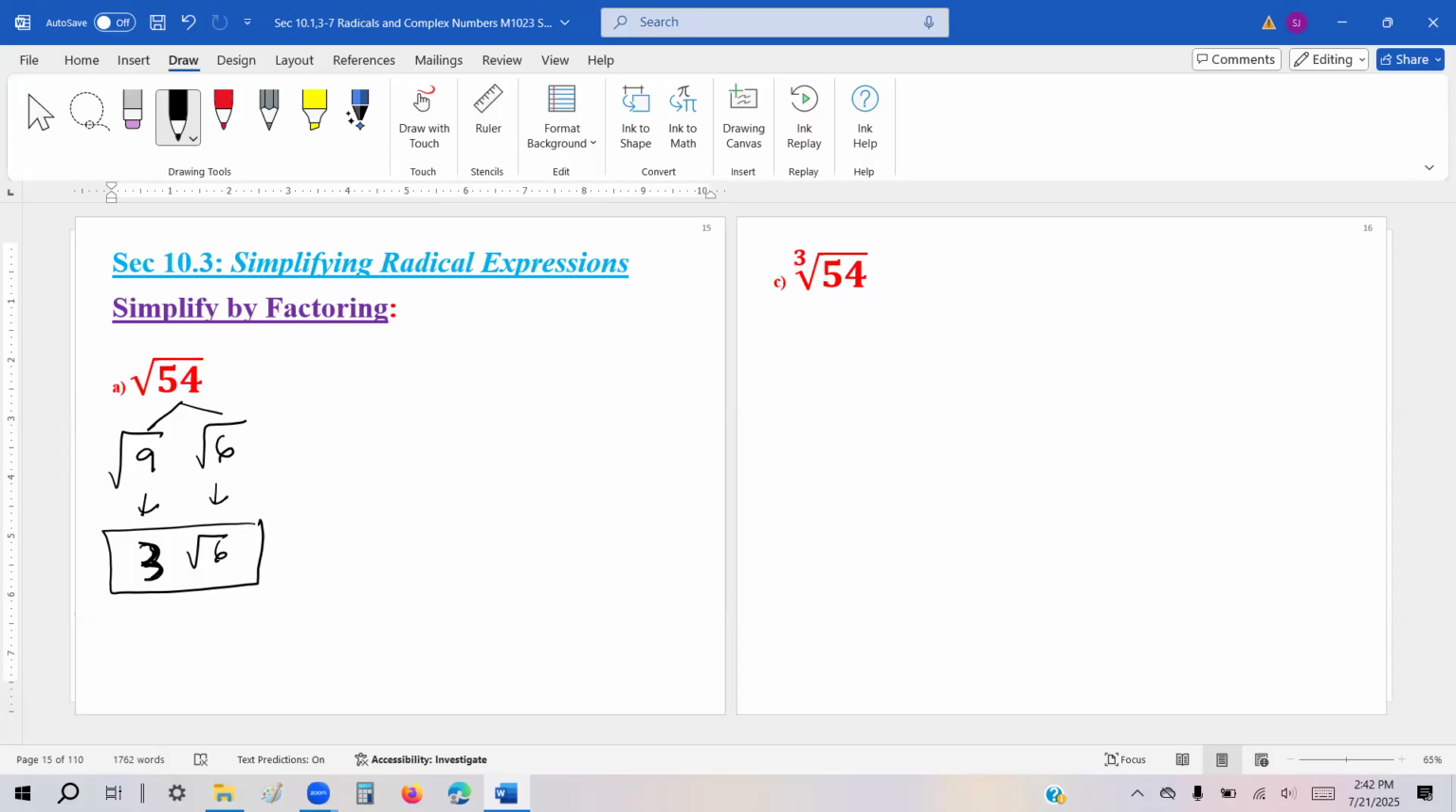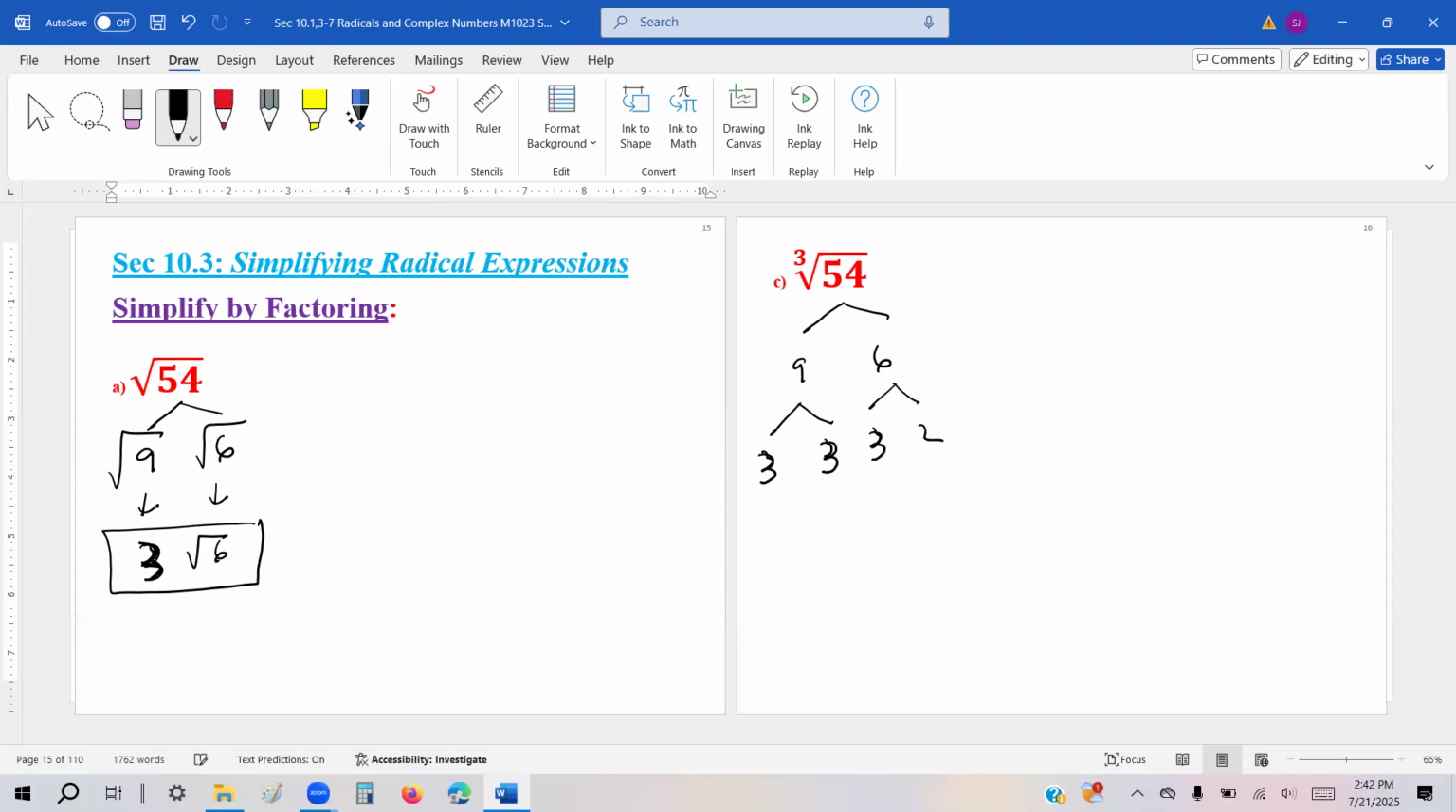How about cube root? What are you looking for now? The same number how many times? 3 times. So 54 tells us 9 and 6, right? We know that. But none of them are twice. That means you have to split them more. 3, 3, 3, 2. My 3 looks so weird. It's 3,